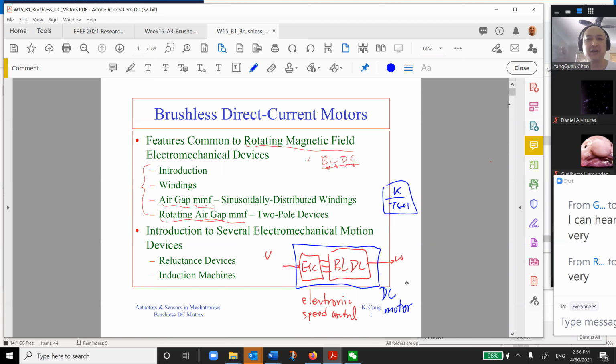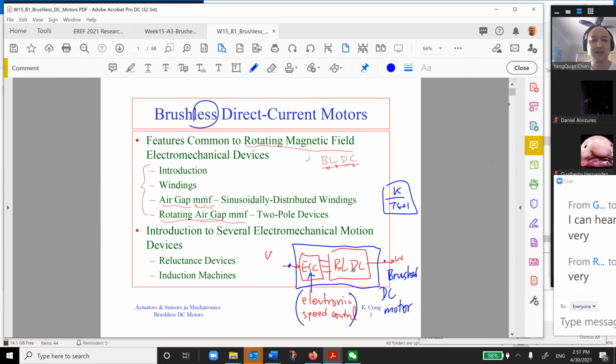So that's why this is called brushless DC motors. It is actually not a DC motor working principle. It's a totally different working principle inside. But from outside, they look like brushed DC motor characteristics. So by using this one,